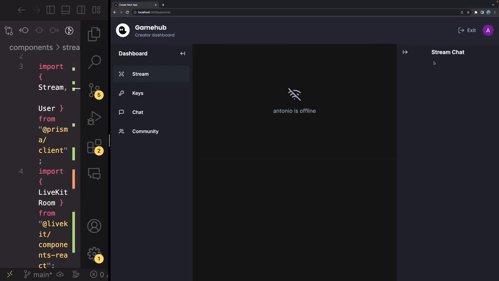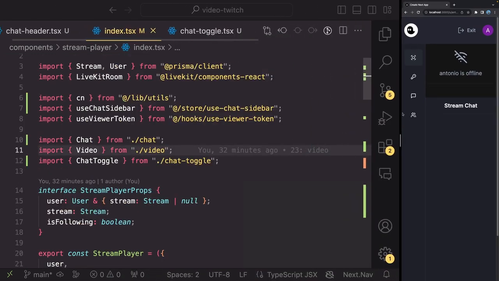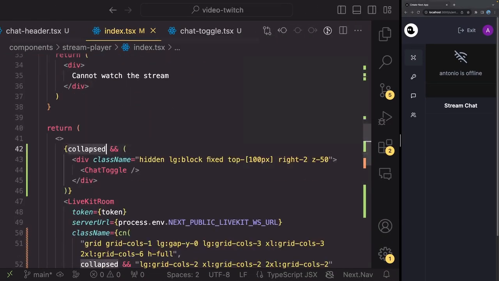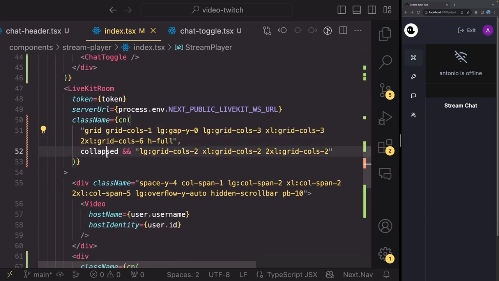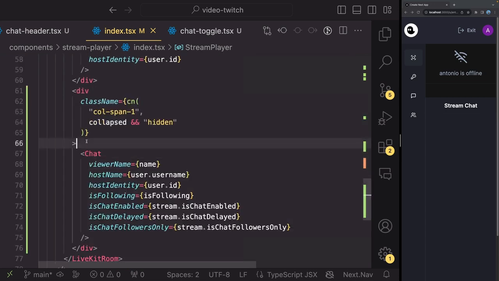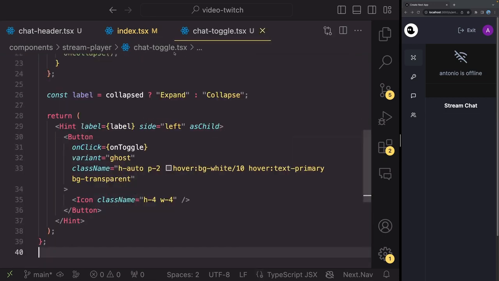to bring it back. Perfect, our content is nicely expanding now because of course we added that dynamic cn library here as well, so you can see how we change the grid if we are collapsed, so that's why it automatically expands. Great, and our chat is hidden if it is collapsed. Perfect. So now what I want to do is create a similar component but to toggle the